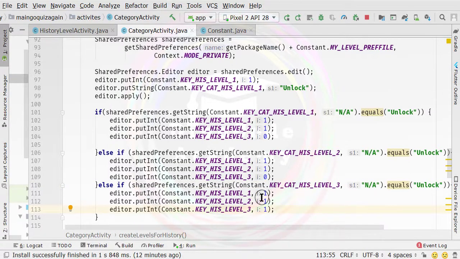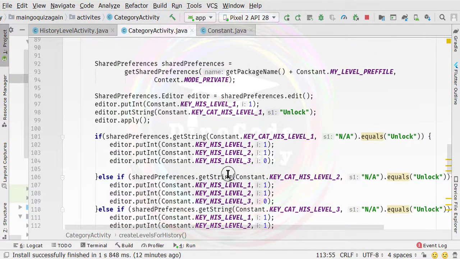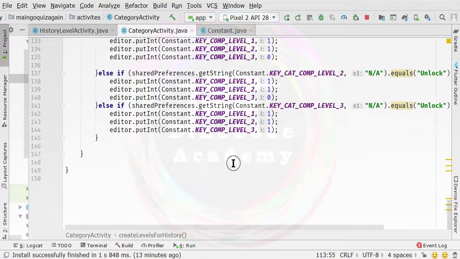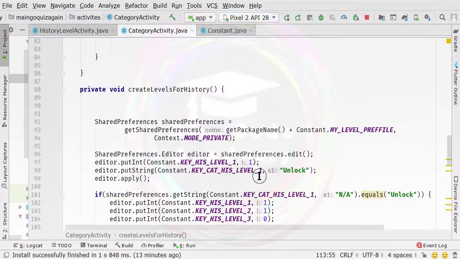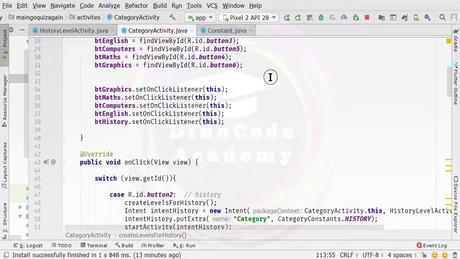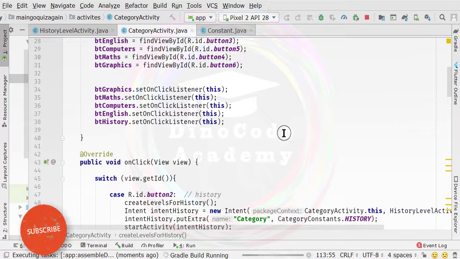Okay, so everything is now changed into history. So when we click on the history button, then it will fetch the questions related to the history category. Okay, so now the history level category is specified properly. It's time to run the application to see whether this is actually working or not. If there is any bug, then we need to carefully look at the things, because we have actually been copy pasting, and most of the time when you are copy pasting, your chances of errors are 100%.